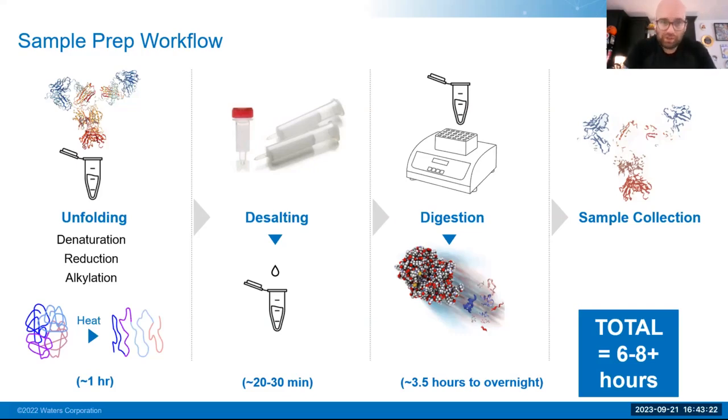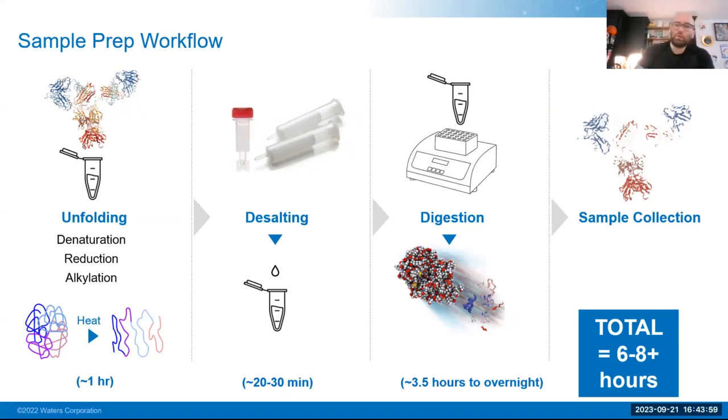We'll then go through a desalting step to remove any of the denaturing salts that were leveraged within the first step, which allows for the effective digestion. Because we are breaking down that protein structure, we are also leveraging an enzyme to further digest it, and those remaining denaturing salts may actually break down and remove a lot of the ability for that enzyme to perform its activity. So we do have to remove that through a desalting step, either through some sort of spin cartridge or gravity flow cartridge to allow for that digestion step, and then sample collection.